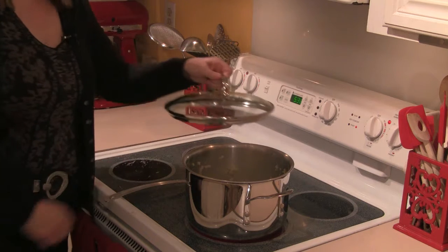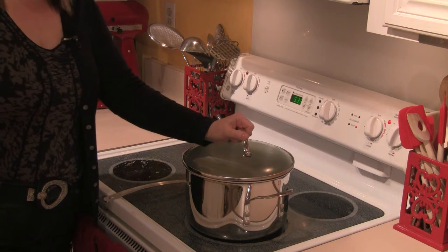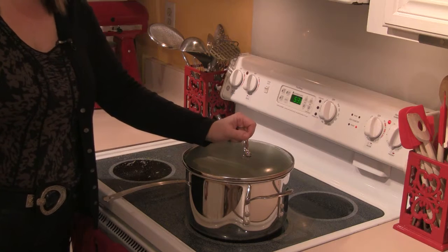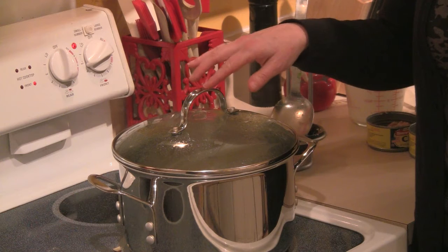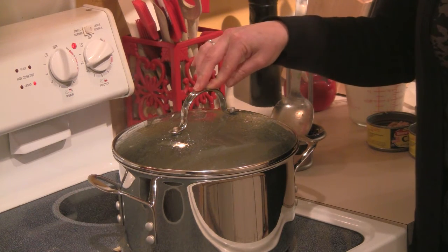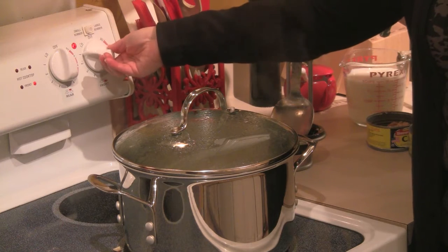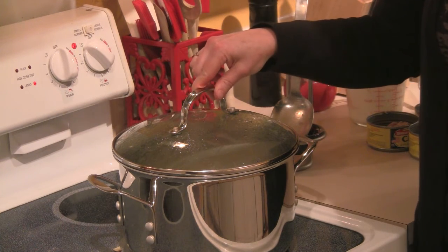So what I'm going to do is put a lid on this and let this cook for about 15 minutes until the potatoes are nice and tender. Now about halfway through the cooking time, you're going to see that this is really boiling a lot harder than a simmer. So at this point, I then turn the heat down to low and let it finish cooking the